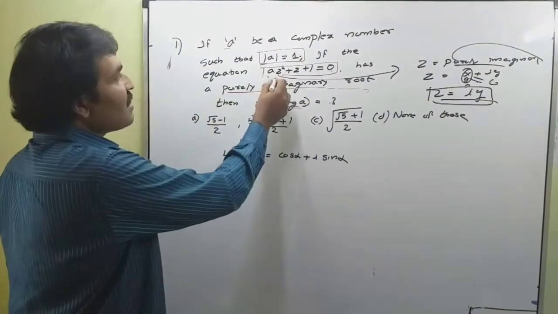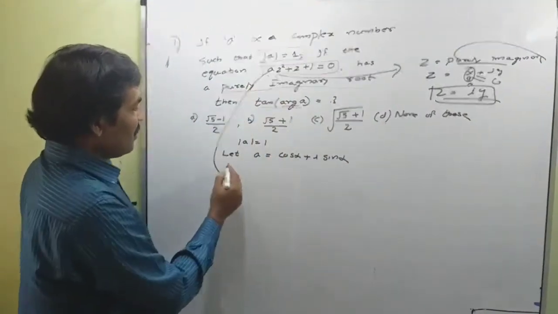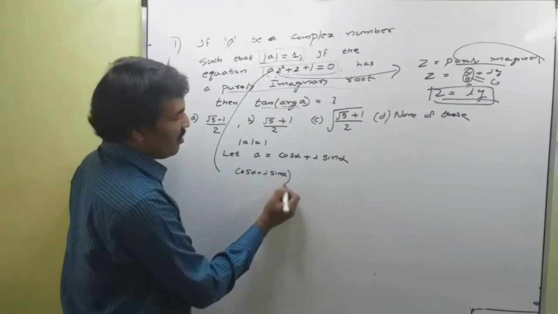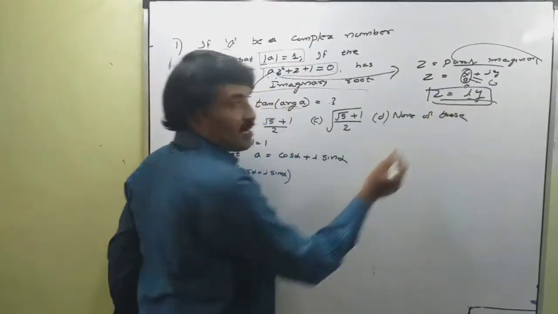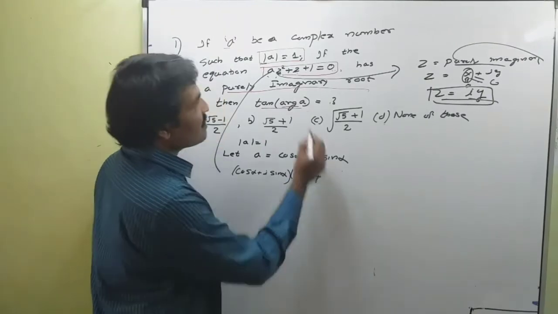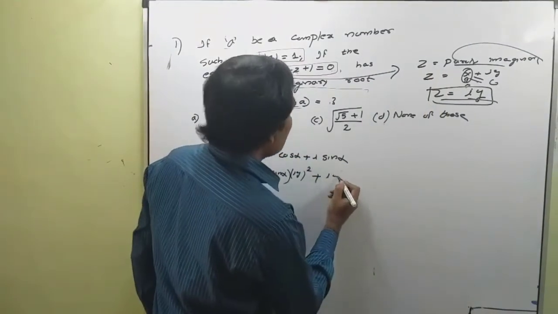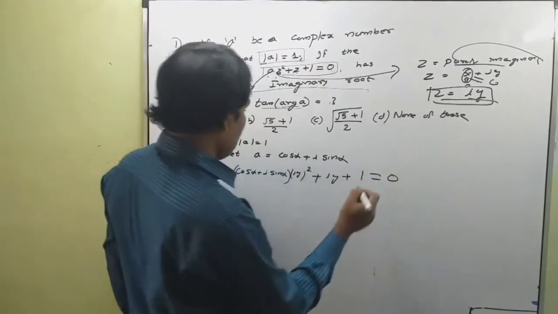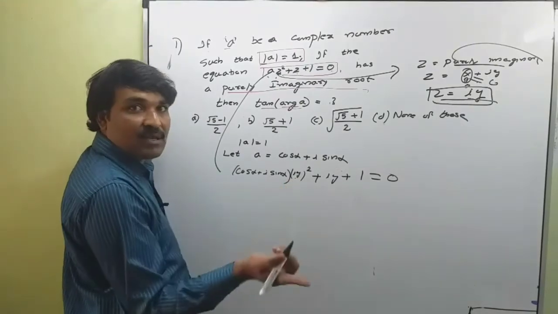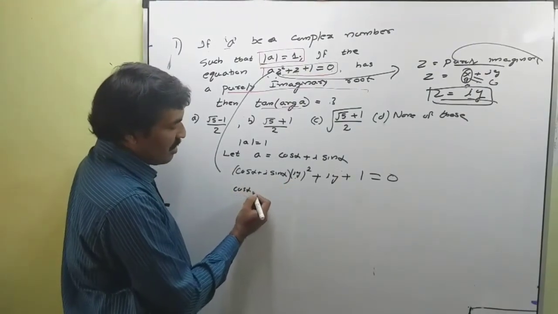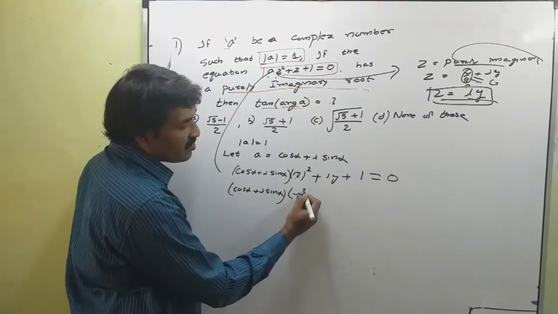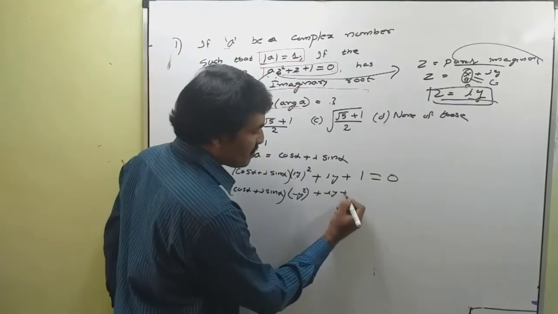Now our equation is a z square plus z plus 1. Now substituting a is equal to cos alpha plus i sin alpha, and z is equal to iy, that is purely imaginary. So (iy) square plus z, which is iy, plus 1 is equal to 0. Now this becomes i square is equal to minus 1, so i square y square is minus y square. So this becomes (cos alpha plus i sin alpha) into (minus y square) plus iy plus 1 is equal to